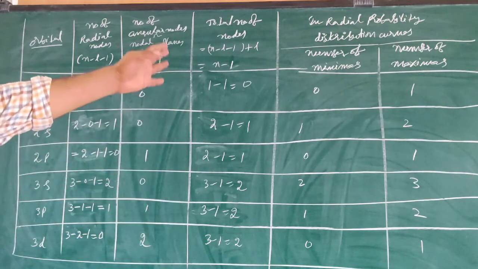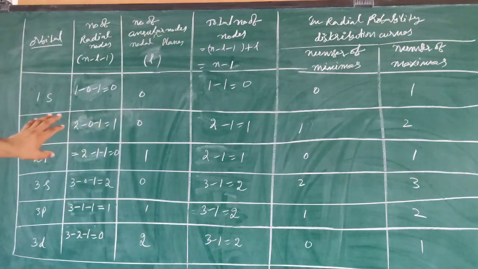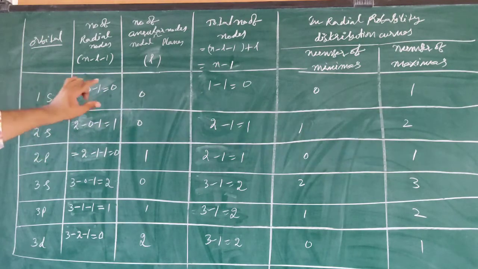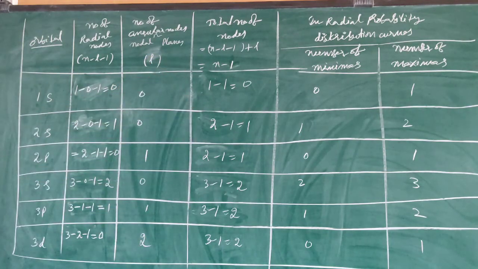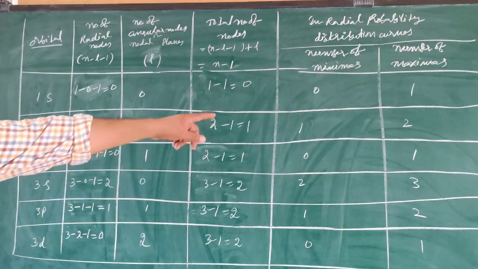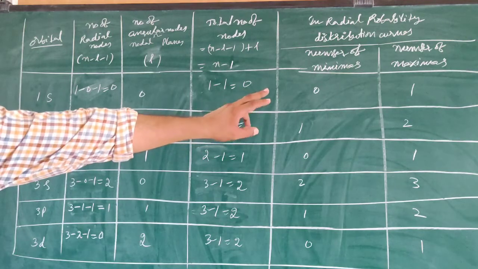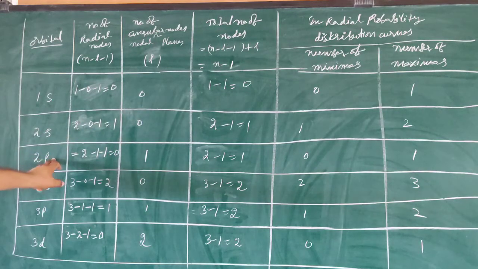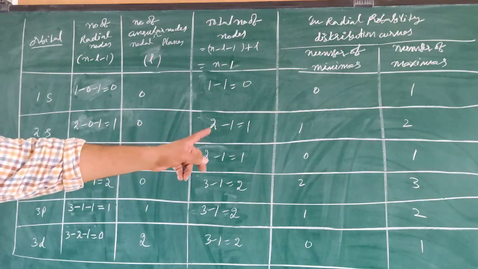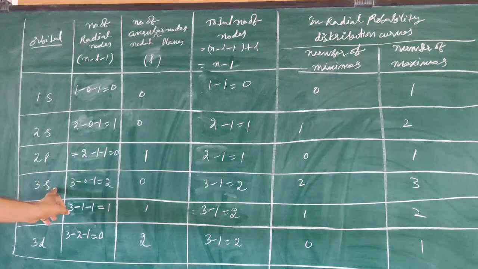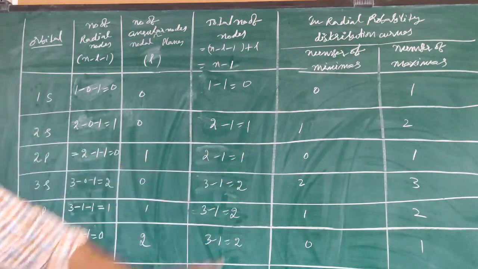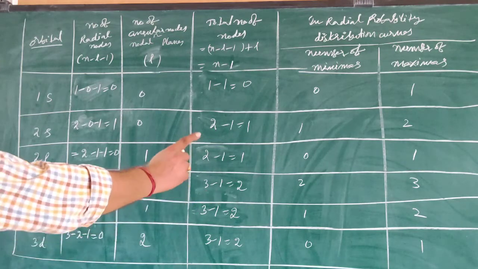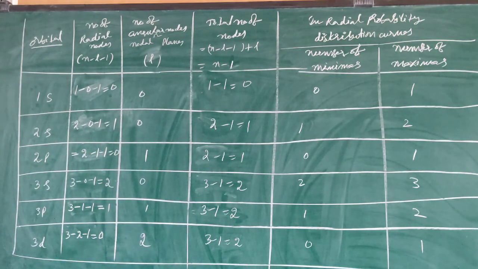So if you observe the radial probability distribution curves, in the case of 1s orbital, you have 0 minima and 1 maxima. That maxima, that peak represents the maximum probability of electron. In the case of 2s, you can find one node and 2 peaks. Those 2 peaks are maximas, with one minima. Okay. Next, in the case of 2p orbital, you have 0 minimas and 1 maxima. In the case of 3s orbital, if you observe, 3 maximas are there. If 3 maximas are there, 2 minimas are there. 2 minimas represent 2 nodes.